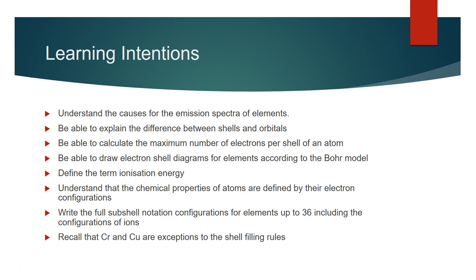So these are the things that we need to be able to do after we've looked at the electronic structure of atoms. We need to be able to talk about emission spectra, explain the difference between shells and orbitals, calculate the maximum number of electrons per shell, which a number of you can hopefully already do, draw electron shell diagrams for elements according to the Bohr model, which is the same model as what we've already seen in Year 10, define the term ionization energy, understand that chemical properties of atoms are defined by their electron configuration, and